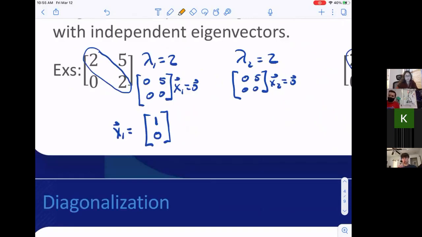So think of what we've been doing. When I go to this step to find the null space, if I have 1 free variable, there's only 1 independent vector I'm going to be able to find in the null space. If I've got 2, there's 2. If I've got 5, there's 5. So if I had a bunch of rows, I could technically maybe come up with 5 different ones as long as I had 5 free variables. I can come up with independent ones, 1 for every free variable. Not free variables of this, but free variables after subtracting the eigenvalue, that's where I can come up with this.